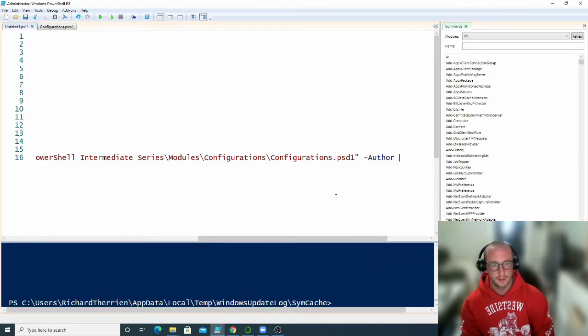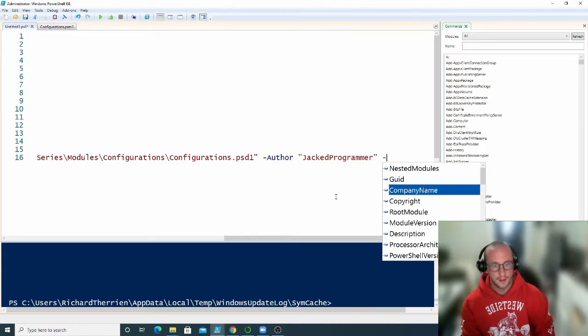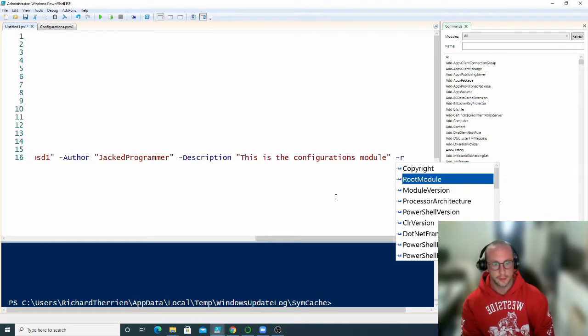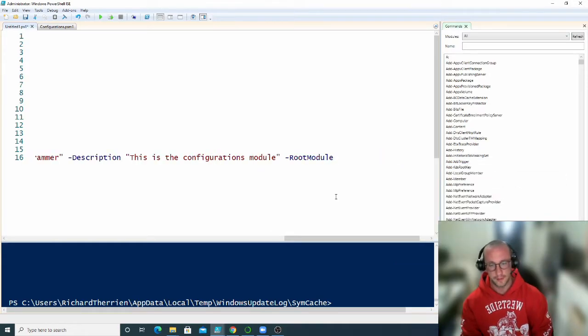fill in. Let's put in the author. Let's just put in my name here. And then let's put in a description. This is the configurations module. And then there's also a root module. Now this is going to be the name of your module. So we already have the name here, which is configurations.psm1. Now if we run this here,